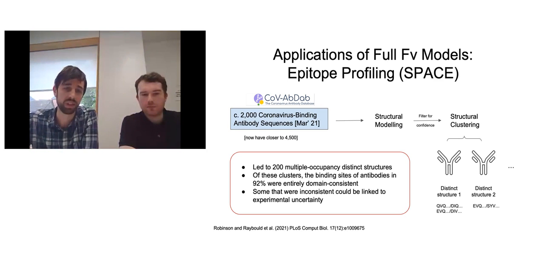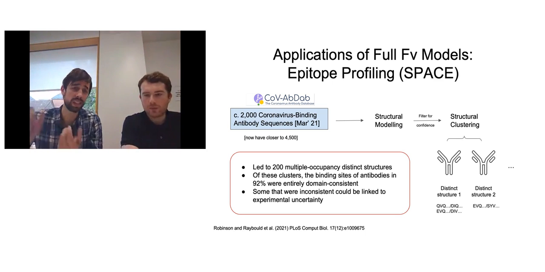And we then look at the metadata that's associated with the sequences we put into the same structural clusters. The vast majority bound to consistent domains. So we were able to group antibodies in a sensible way, given what we know they bind to, just from the Fv model, literally nothing else. And quite a high proportion of the antibody data too.